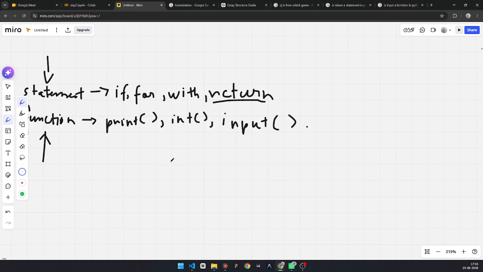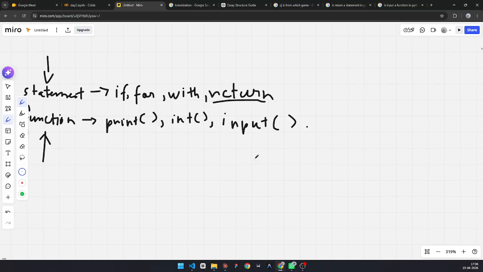Pratik, no, you are wrong, because functions can be predefined, and functions can also be made by me or you or any user or any library. Function is reusable, but statements are also reusable. So that's not the correct way to put it.